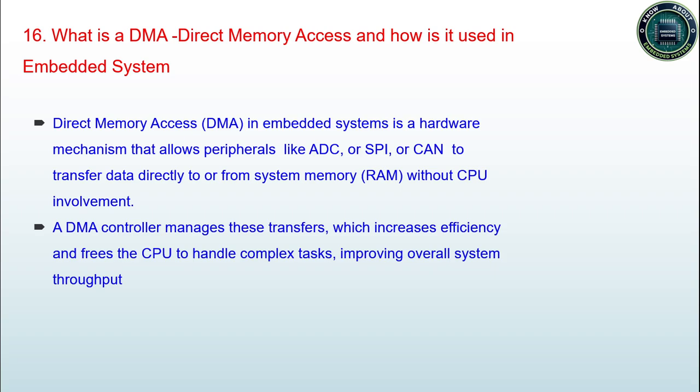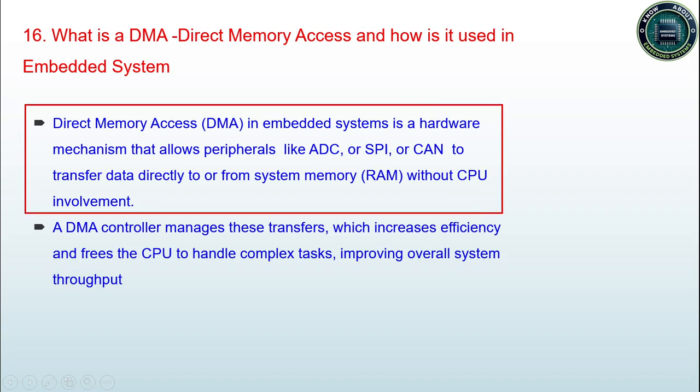Okay, now what do you mean by DMA? DMA stands for direct memory access in embedded systems. DMA in an embedded system is a hardware mechanism that allows peripherals like ADC, SPI, CAN to transfer data directly from system memory without CPU involvement. This is what I have explained, right? So without CPU intervention, the DMA will take care of transmitting data from peripherals to memory